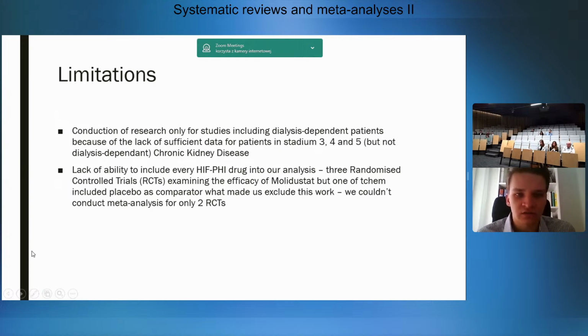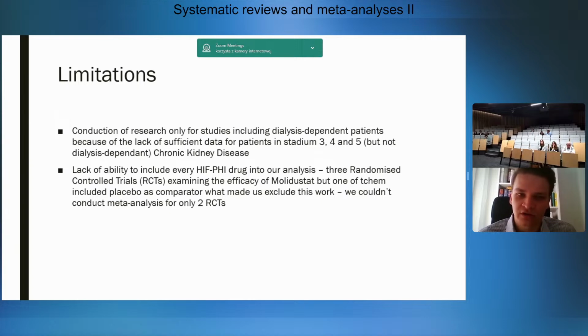The limitations of our study are that we conducted research only for studies including dialysis-dependent patients, because there was a lack of sufficient data for patients in stage 3, 4, and 5, but not dialysis-dependent in stage 5 of chronic kidney disease. And also I have to mention that we did not have the ability to include every HIF-PHI drug into our